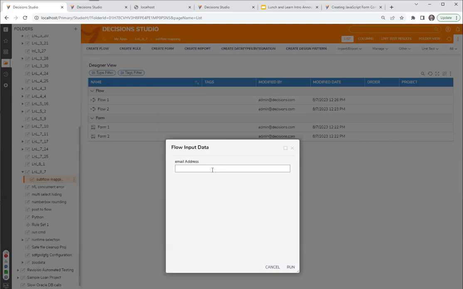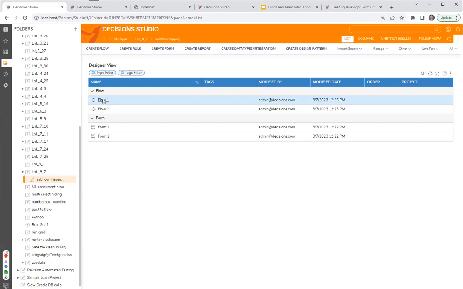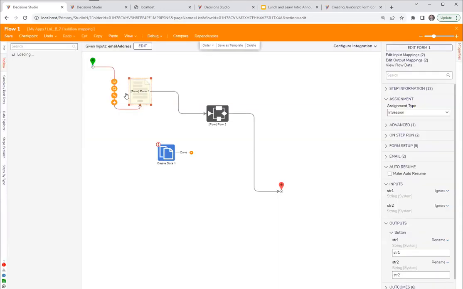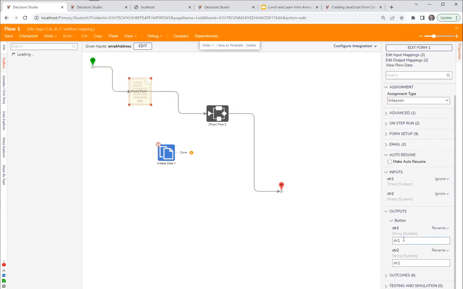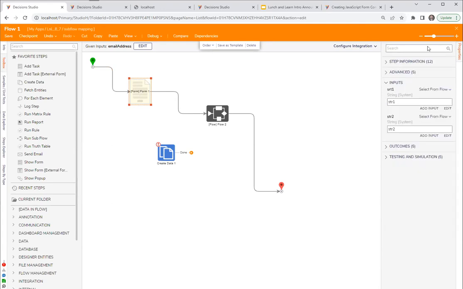Yeah, so that's what I'm trying to avoid. I'm trying to get the form, and then as a part of the form, get these three pieces of information, which happens today. I just can't map that information to pass it down the flow. When it comes out of the form, you don't get an output for email address. So if we use email address as an example, when I try to map to it in my next step, similar to what you did with str1, str2,